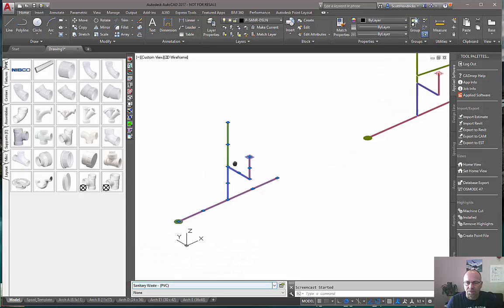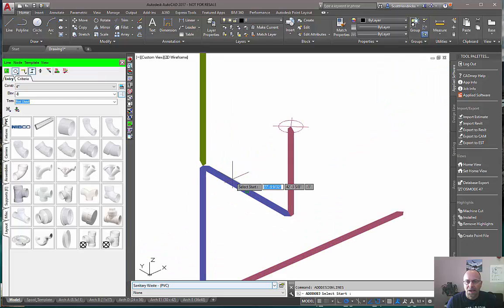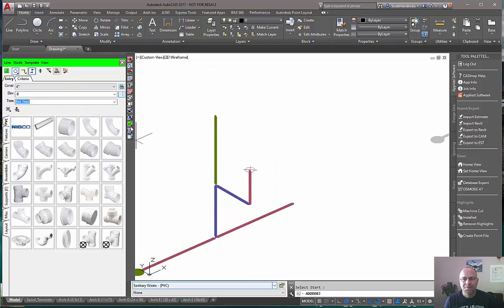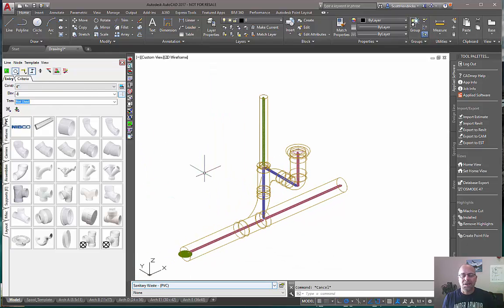If we take a look at this first one, and I make this active and fill it with parts. Now, this is a waste service, so I have it filling by default with combination fittings. But where the toilet arm hits the waste, I want a Santee, and I have a vent coming off the top of it. But if I take the node and replace it with a Santee node and fill it,